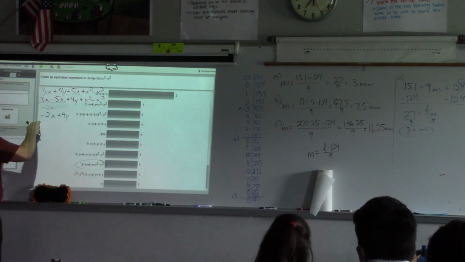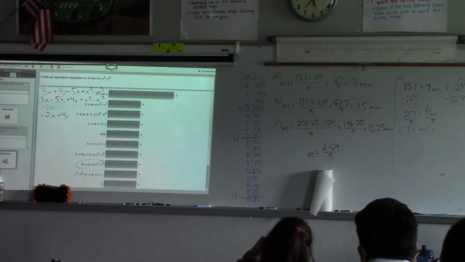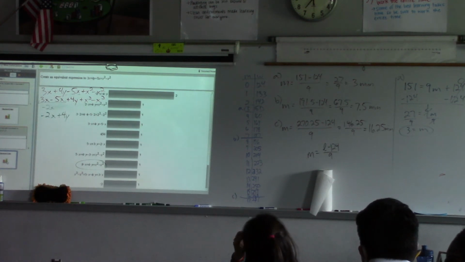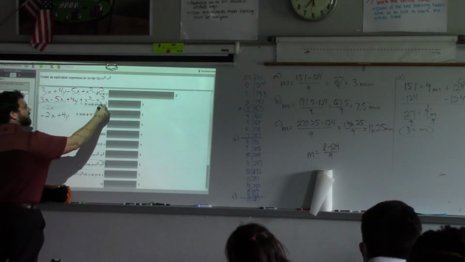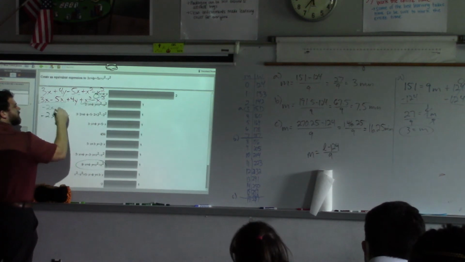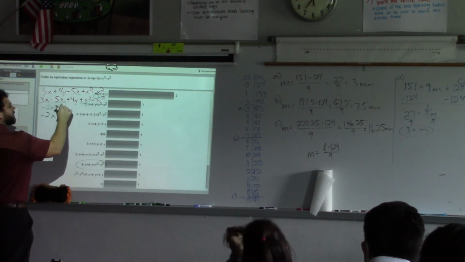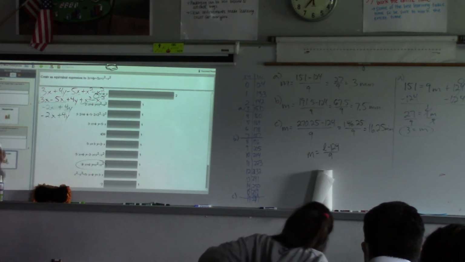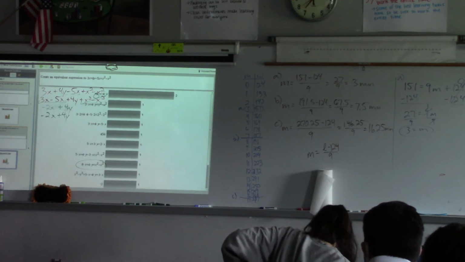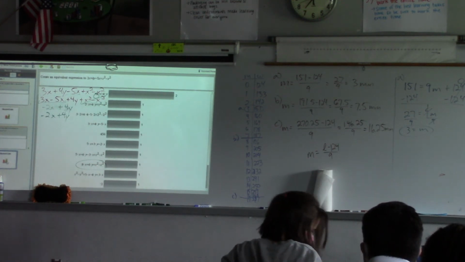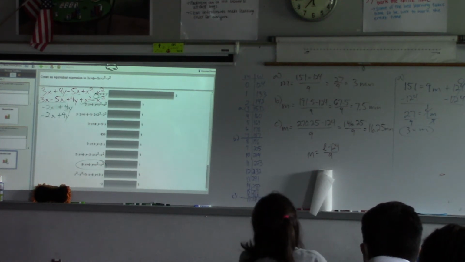That's negative 2x. Is there anything else up here that I can simplify, like I did the last two? The last two, x squared minus x squared is? 0. So I'm just left with negative 2x plus 4y. Are those equivalent? They look different, don't they? Do they tell the same story? Yeah. Math is all about telling stories. Alright? And that's what we want to pay attention to. Are they telling the same story?